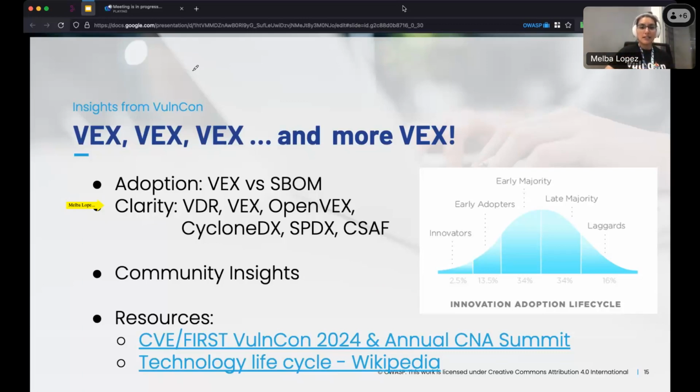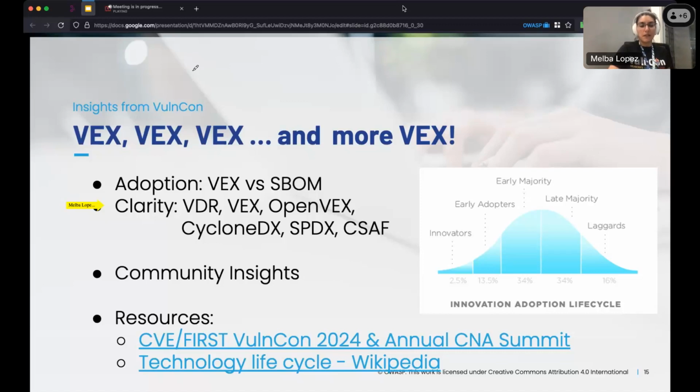CycloneDX, SPDX, CSAF, and OpenVEX were supposed to be presenting. Unfortunately, there was not a representative for SPDX, but there was still confusion. Even after the panel, people still weren't quite sure which one they should use,